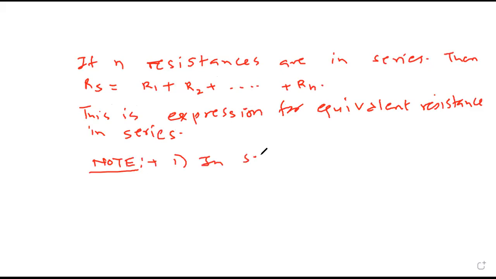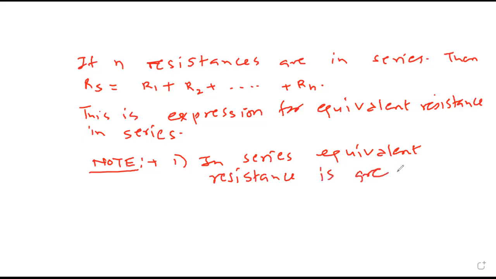In series, equivalent resistance, that is Rs, is greater than R1 or R2 or R3. So in series, equivalent resistance is always greater than greatest resistor. That means if we have 3 resistors, 1, 2, 3, result will be greater than 3. So it is greater than greatest resistance. Copy this now. Sometimes they can ask you in MCQ. If resultant is greater than greatest, what is the mode of connection? Then it is series connection of resistor.